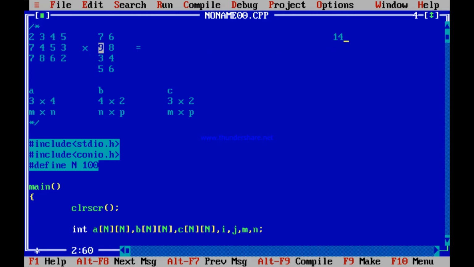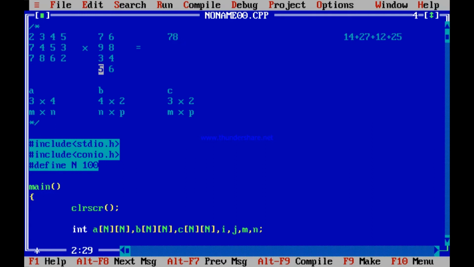You make 14 plus 27 plus 4 into 3, that is 12, plus 5 into 5, that is 25. So all these added together, 14 plus 27, 41, plus 12, 53, plus 25, that is 78. The 0th row and 0th column element is 78.